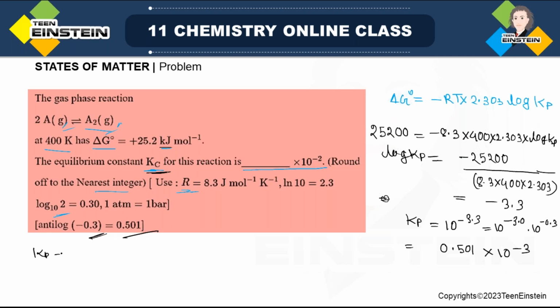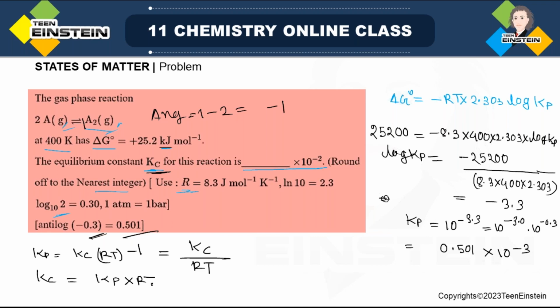Now remember the relationship between Kp and Kc. Here del Ng value is 1 minus 2, which is minus 1. That means Kp equals Kc RT to the power minus 1, or I can write Kc by RT. Now Kc value you have to find. Kp you already know, so Kc is Kp into RT. Now Kp value is 0.501, R is 8.3, and T is 400. So ultimately it is just multiply 8.34 and 0.501, and here we have 10 to the power minus 3, and here with 10 to the power 2, so it is 10 to the power minus 1,